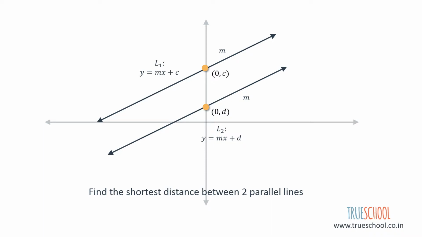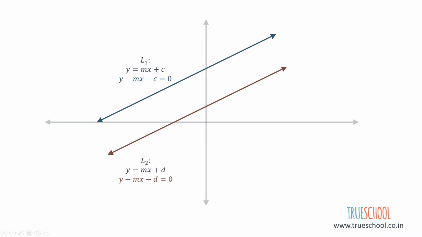Yes, we can. But before we begin, we need to think of a path we need to take. First idea is of shortest distance between the lines. A shortest distance between these two lines will be the perpendicular distance between these two lines. And how can we find this length?